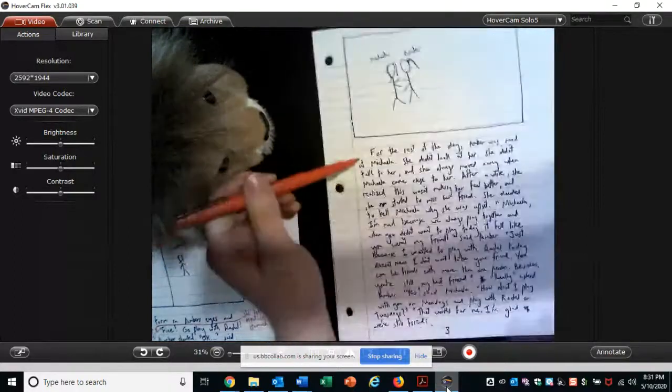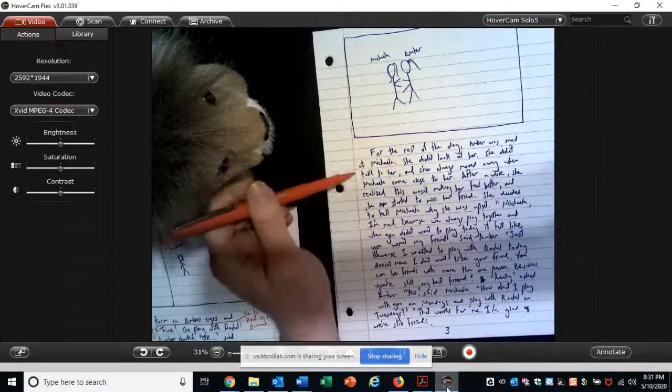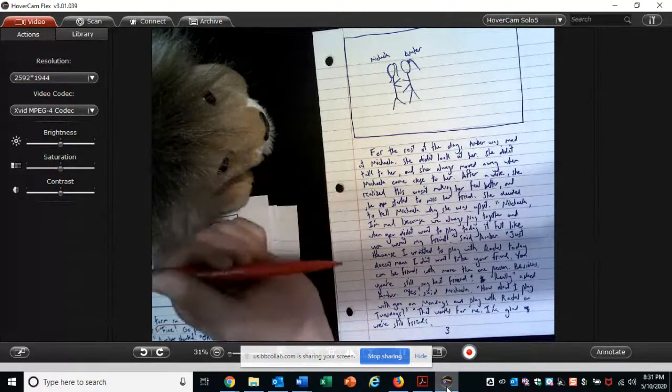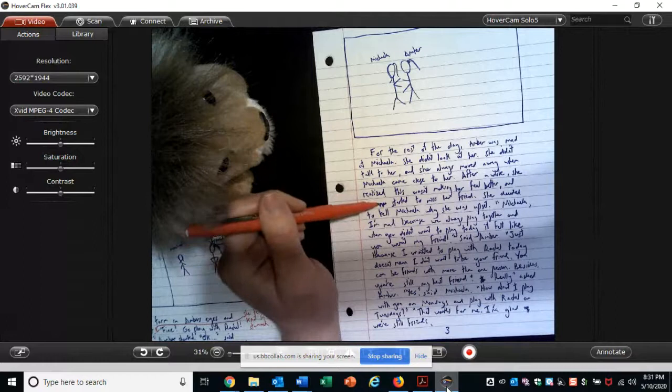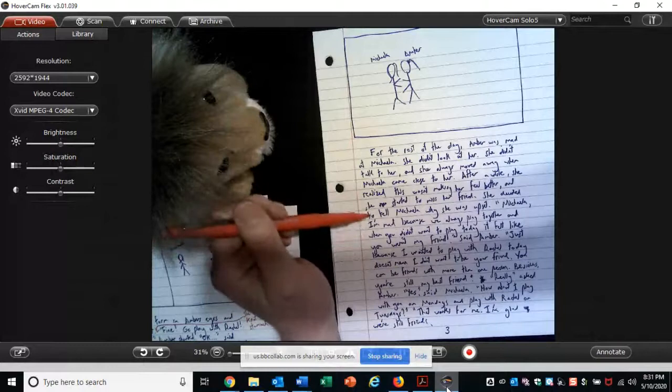All right. For the rest of the day, Amber was mad at Michaela. She didn't look at her, she didn't talk to her, and she always moved away when Michaela came close to her. After a while, she realized this wasn't making her feel better, and she started to miss her friend. Could I add something here? She started to miss her friend. Maybe